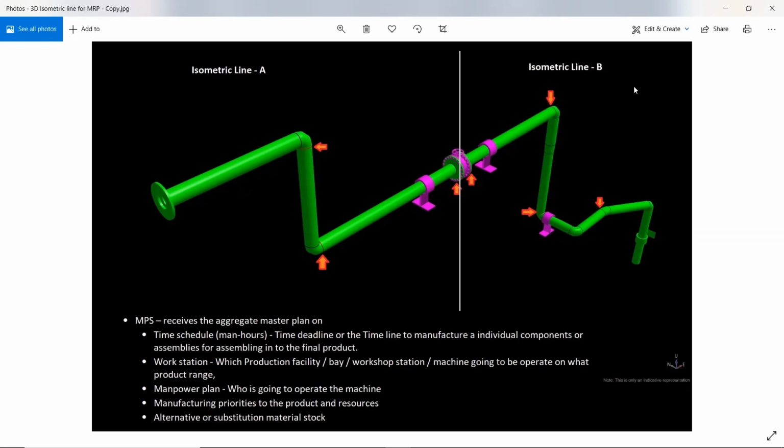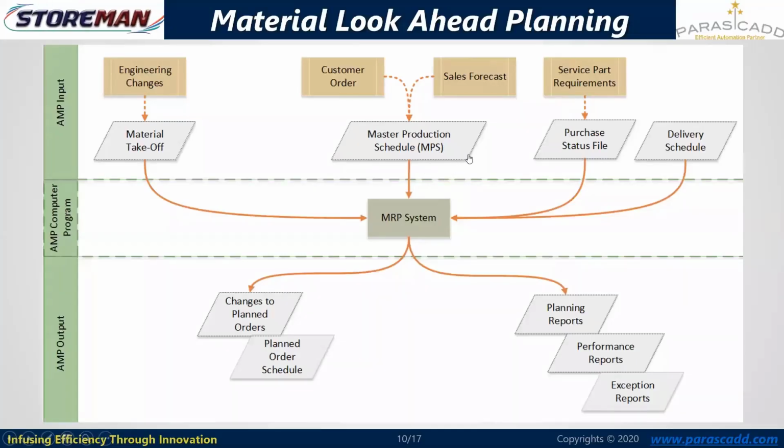Next, alternatives and substitution. If I am running short and I have additional items with me, with respect to minor changes in the manufacturing procedures, these are not seamless but fabricated elbows. If they are acceptable to the specification, and the metallurgy and schedule are also acceptable, then substitution may come into the picture, and the material will get assigned accordingly. So these are the things we are defining right now in this demonstration. I have focused on the manufacturing priorities and the alternatives and substitutions. These things are also supplied here as an input.